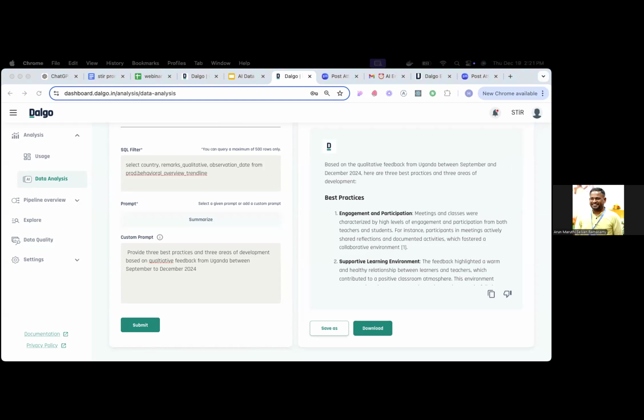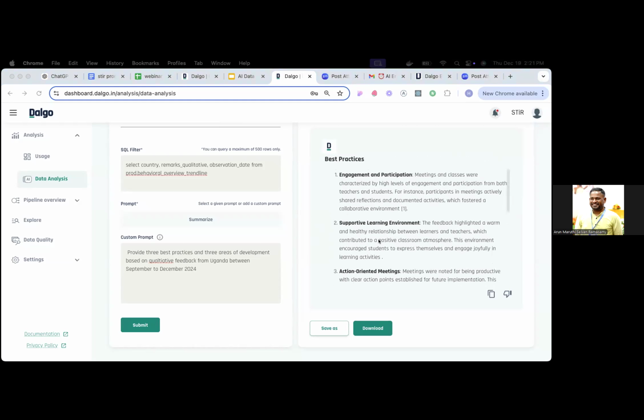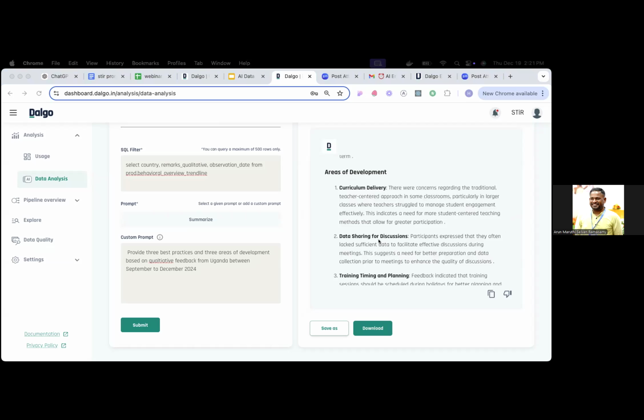No, I just put the prompt directly here. It has gone to our database. It is processed and brought out the three best practices and the three areas for improvement from the data directly. And how this helps us is very much, for example, if it is a monthly reflection meeting, I can